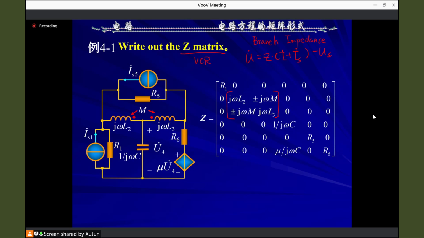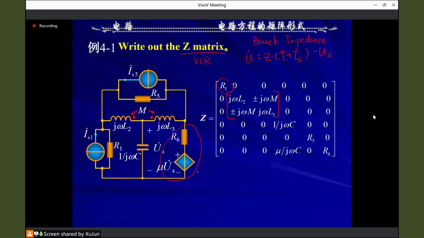Branch 1 has only one resistor, R1. Branch 2, 3, this part. Branch 4, j omega C, 1 over j omega C. For branch 5, only one resistor. For branch 6, this branch 6,